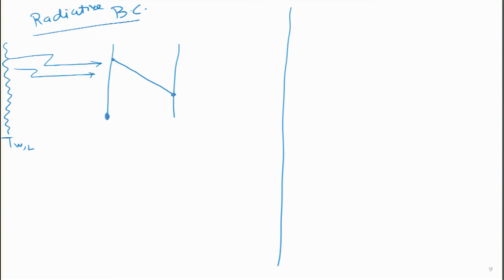So, this surface is being heated by this. Then similarly, on the right hand side, I have another wall over here, and its temperature is T wall R, and this is the one which is absorbing the radiation coming out of the right hand side of the wall,